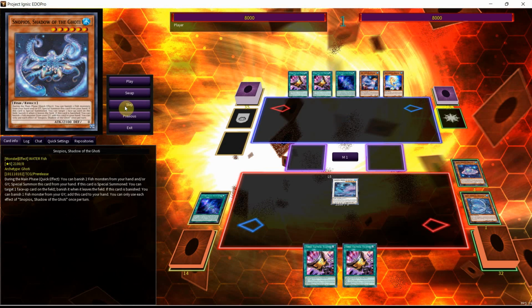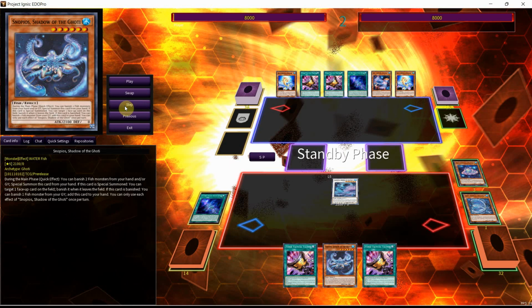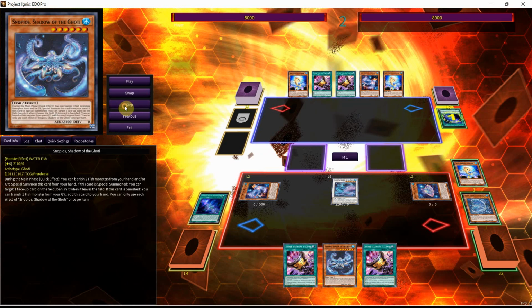And I'm going to banish the Paces off of its effect to add it back, and I'm going to pass here as the standby phase is going to roll around. We'll get back the Paces, we'll get back the Shift, and now as our opponent tries to play by activating the Field Spell, we can use the Paces, synchro summoning away into Asken,